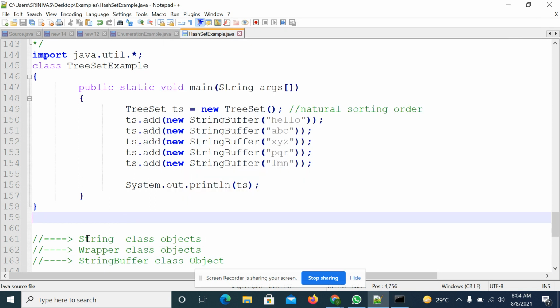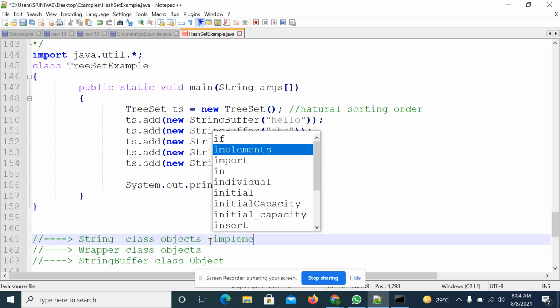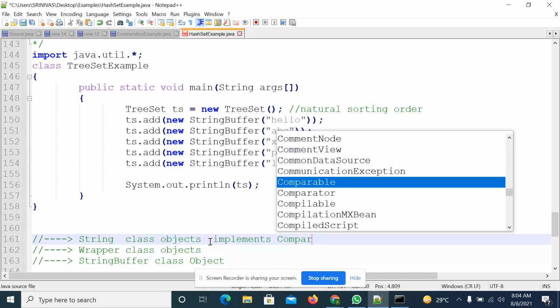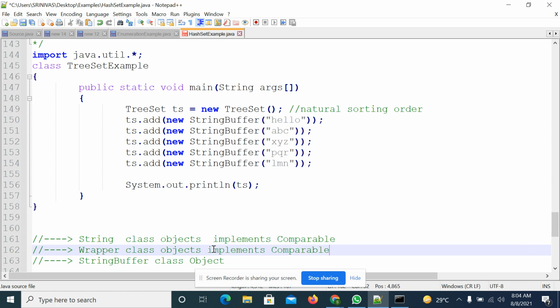If you take the String class and the StringBuffer class, these classes implement the Comparable interface. So these two, which one? Wrapper classes and the String class implement the Comparable interface.